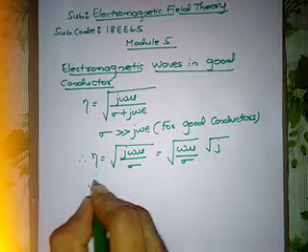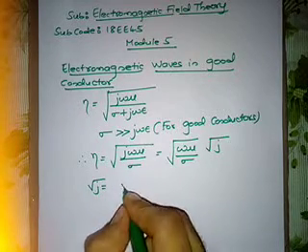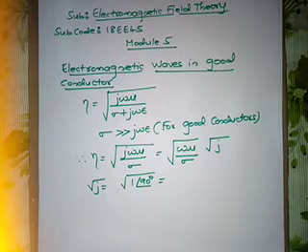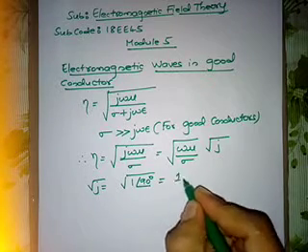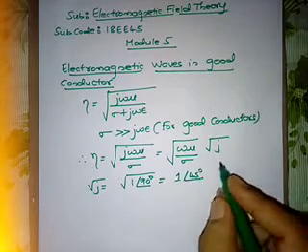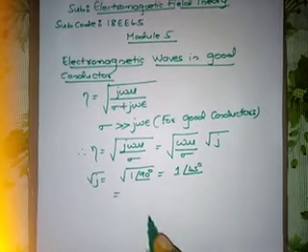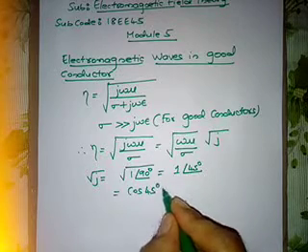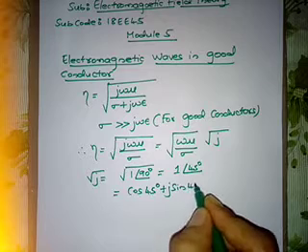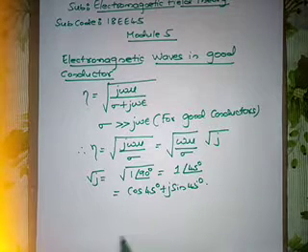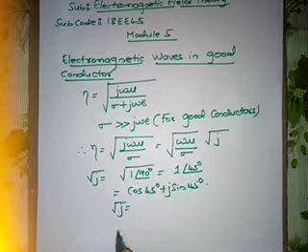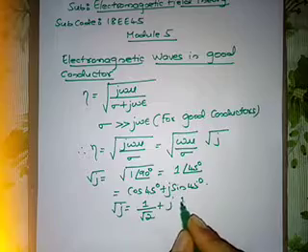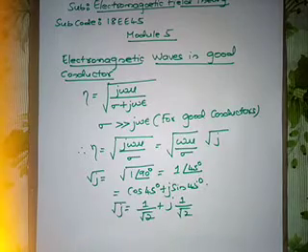But we know that root of j is equal to root of 1 at an angle 90 degrees. Yesterday we solved this: the square root of 1 angle 90 degrees came out to 1 angle 45 degrees, which is cos 45 degrees plus j sin 45 degrees. So what is root j? Root j is equal to 1 upon root 2 plus j into 1 upon root 2.